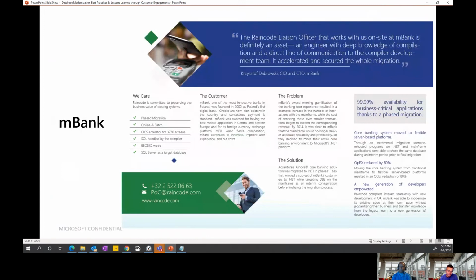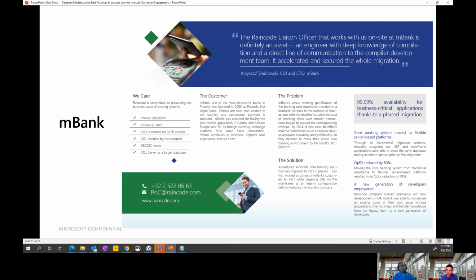Next, on the mainframe side, I thought it would be good to have a banking customer to talk about, where this customer, mBank in Poland, has gone ahead and moved their multi-year COBOL and DB2 deployment onto SQL and .NET Core. And it's again a public case study that's published on Raincoat side. Another classic example where Raincoat and mBank worked closely with the product group and Microsoft team to really solve